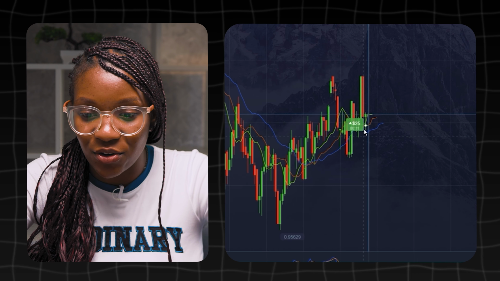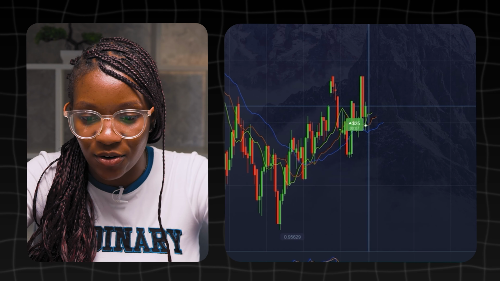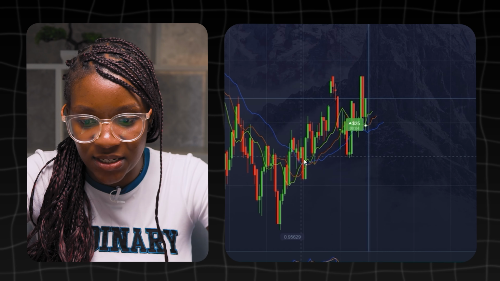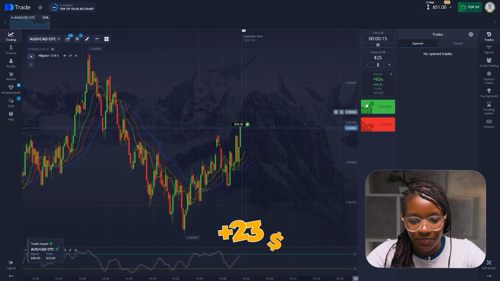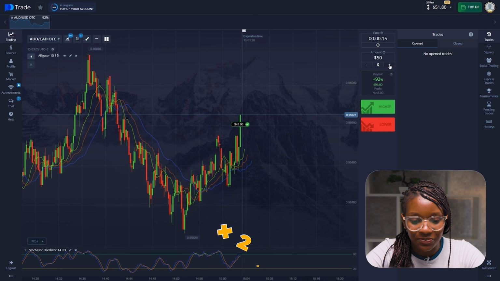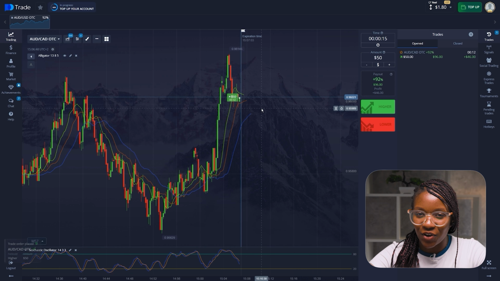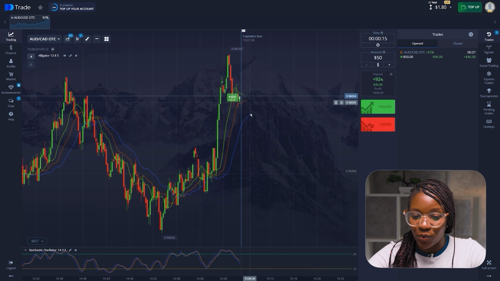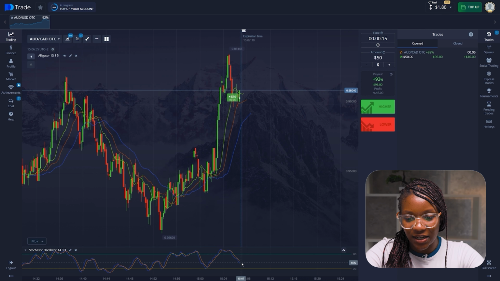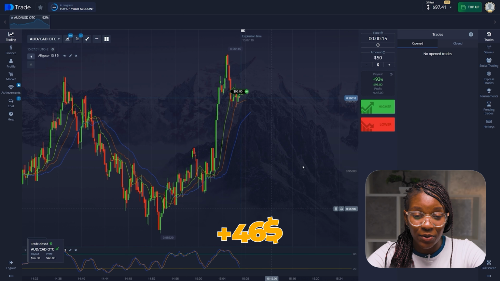Here we can see a great entry point. The chart has already gone down very much. It has touched the alligator indicator and goes further up, which means the alligator indicator is a support zone for the chart. We're taking the reaction. Here we see a reaction from this level. So in this very situation, we go long from the alligator level. We also have the stochastic oscillator at a level below 80, which means that we can consider a long position,